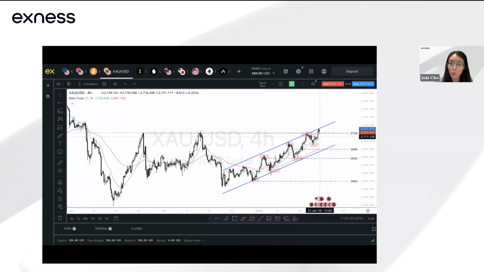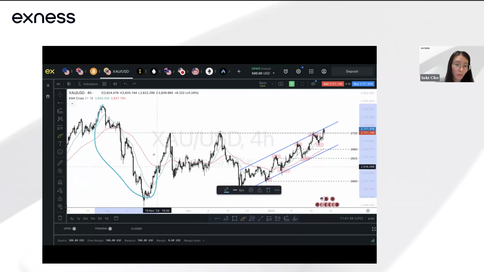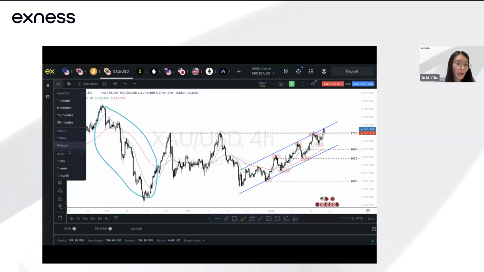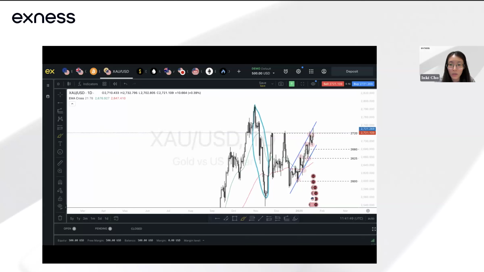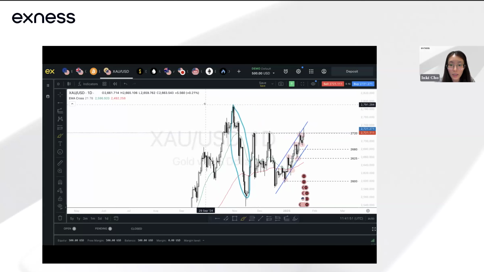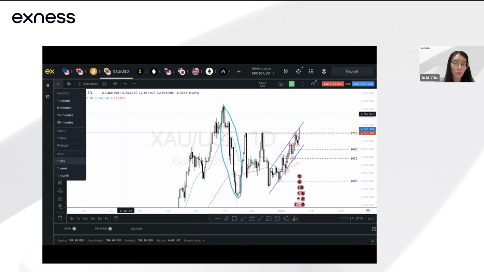So we're on the 4 hours now, it's still bullish. So if you do see that deep pullback on the higher time frames, take, for example, this whole move that we have in blue. If you see the 4 hours, you can see that it forms lower lows and lower highs over here. And if I were to go to the higher time frame, the one on the daily, what we can observe is that this whole pullback on the daily may just seem like one push down, but it's really reflected in your lower time frame.